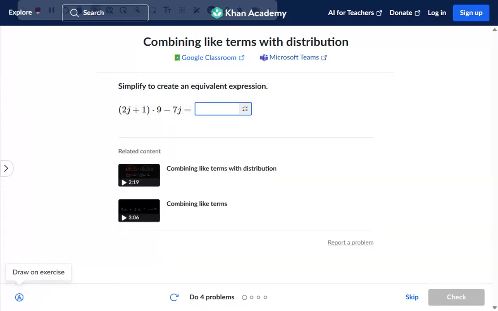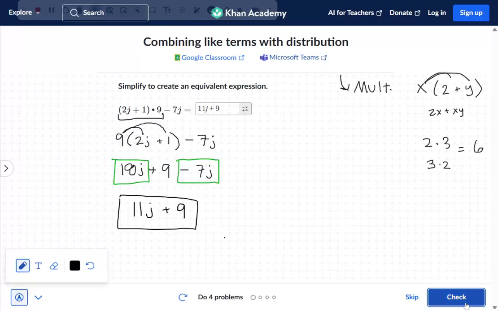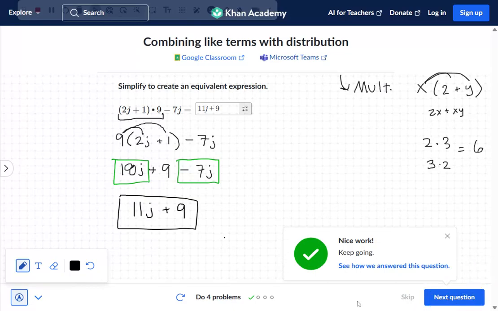So 11j plus 9. All right, let's check. Yay! All right, so go ahead and use this video as a reference while you work out the next couple